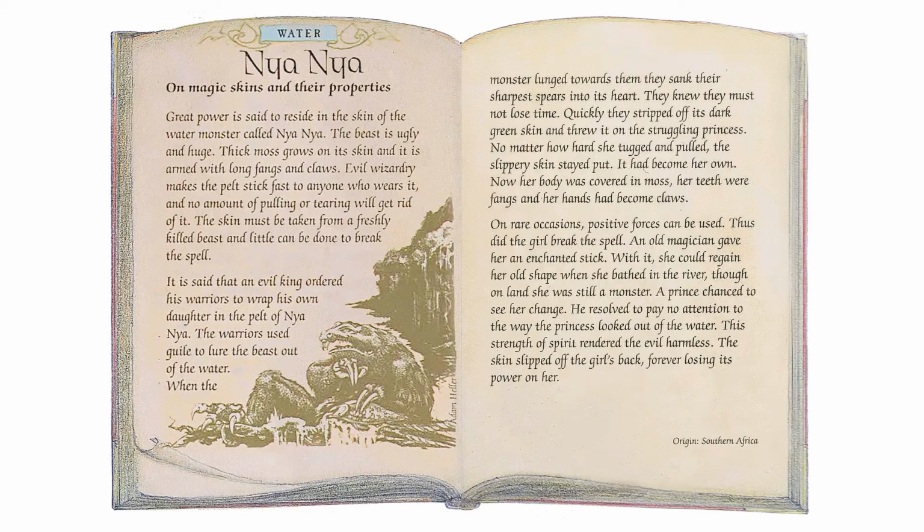On magic skins and their properties. Great power is said to reside in the skin of the water monster called Nyanya. The beast is ugly and huge. Thick moss grows on its skin, and it is armed with long fangs and claws. Evil wizardry makes the pelt stick fast to anyone who wears it, and no amount of pulling or tearing will get rid of it. The skin must be taken from a freshly killed beast, and little can be done to